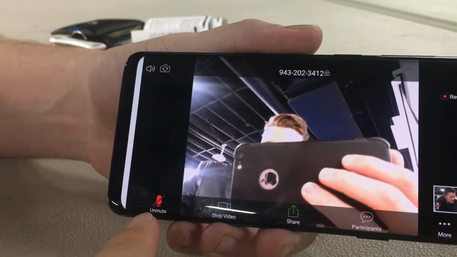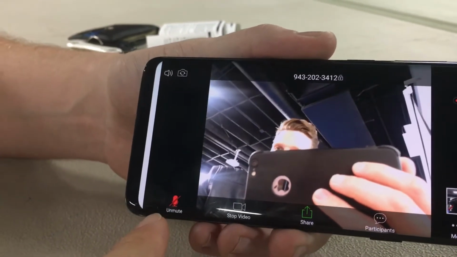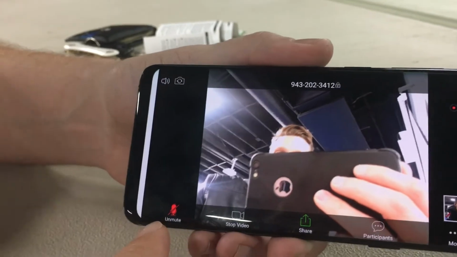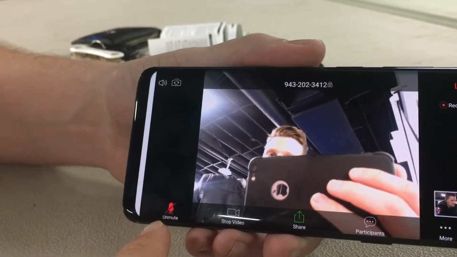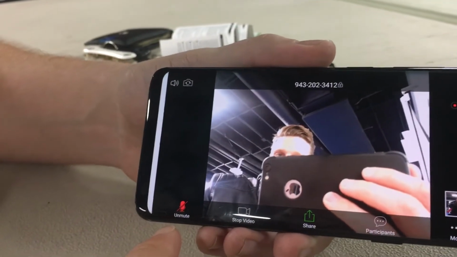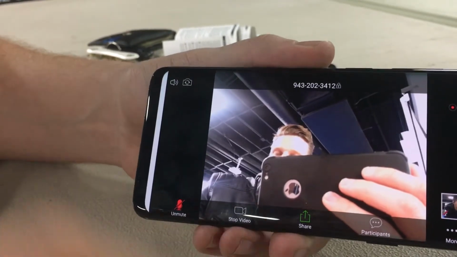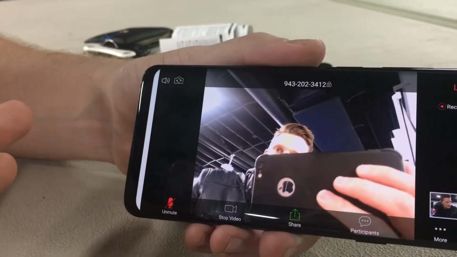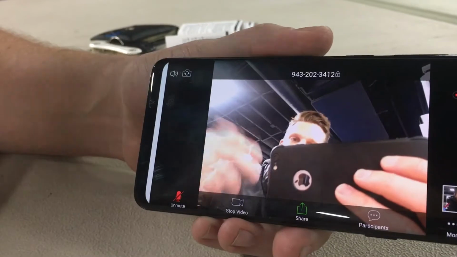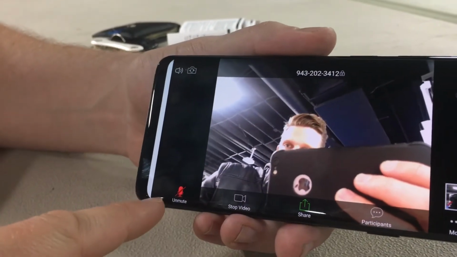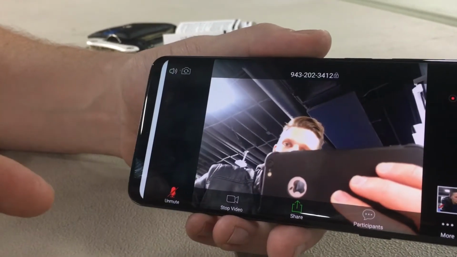There's this little thing on here for unmute. I don't want you guys using that, so we can unmute you and we can hear you when we want you to. I want you to keep that muted because it might be kind of crazy if there's a lot of people online. There might be a lot of background noise. So please don't unmute yourselves. Wait till we unmute you, okay?